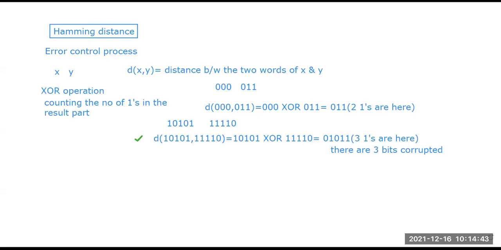So the Hamming distance process we can use to check whether any bits have error, and if so, how many bits are in error. That is the thing by which, by calculating, we can easily find out how many bits are in error here. So the Hamming distance process gives us the result of how many bits of error there are. Now, secondly, that is linear block codes.